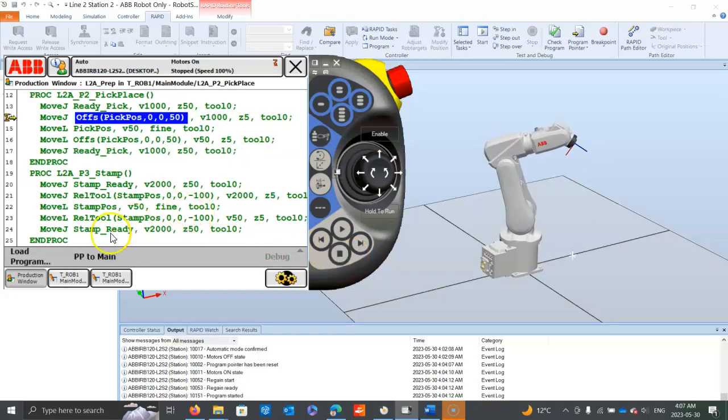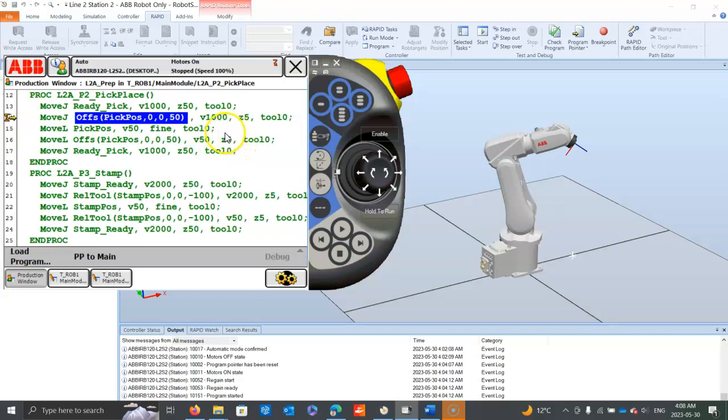So this is it. Now here we can see that I have changed the speed of the robot to 50 when moving near to the pick position, and used a fine position level for that particular movement, after which I have used 50 when getting back from the pick position to the approach position, and used